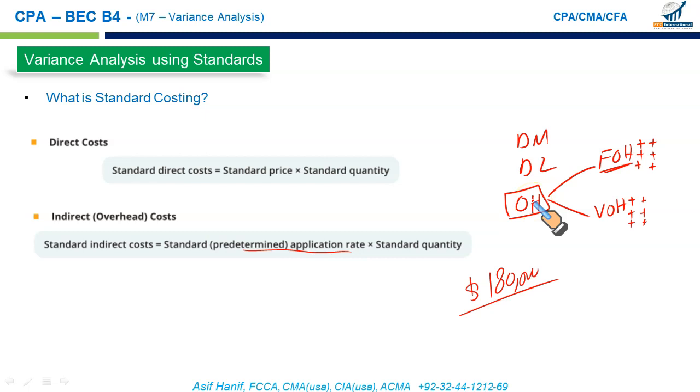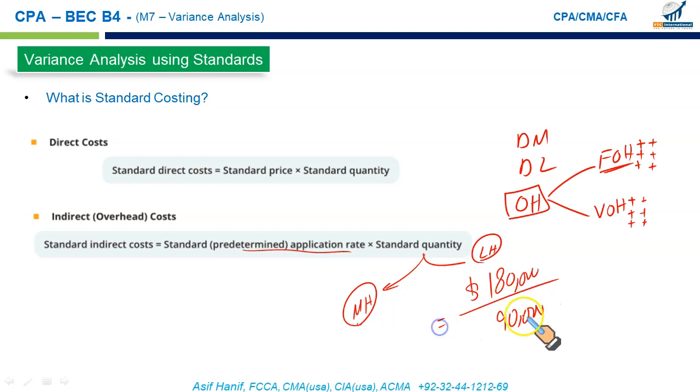And let's say our standard is driven by labor hour because our company is labor oriented, labor intensive, or let's say if we use more of the machinery, then we might use the machine hour as our standard base or as our denominator level of activity. So let's say we have planned 90,000 machine hours during the coming period.